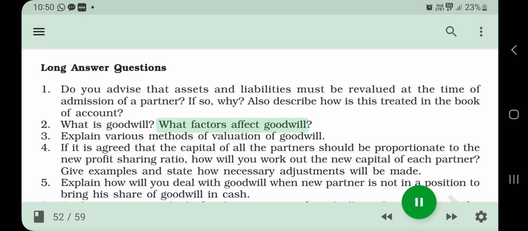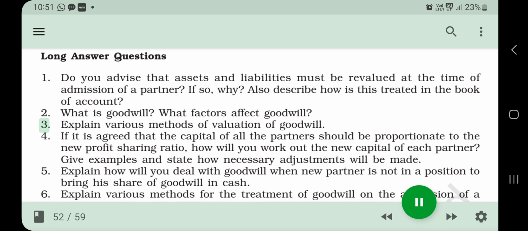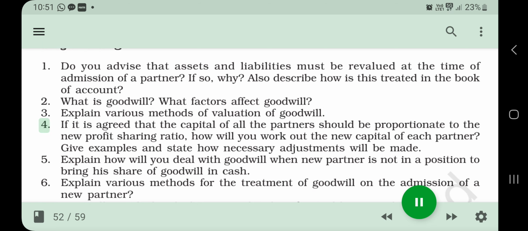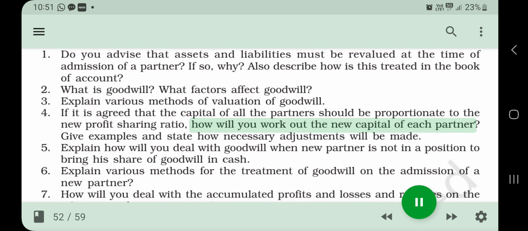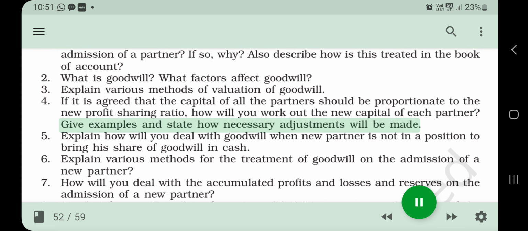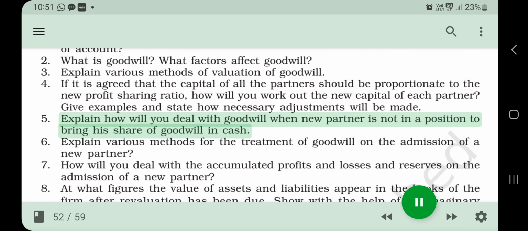What factors affect goodwill? 3. Explain various methods of valuation of goodwill. 4. If it is agreed that the capital of all the partners should be proportionate to the new profit sharing ratio, how will you work out the new capital of each partner? Give examples and state how necessary adjustments will be made. 5. Explain how